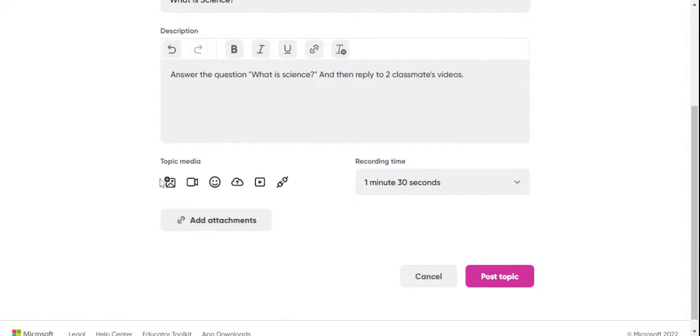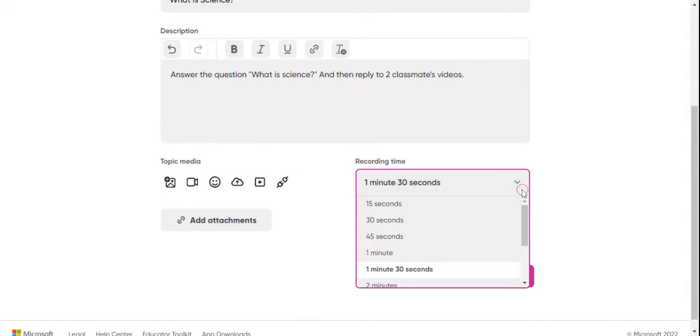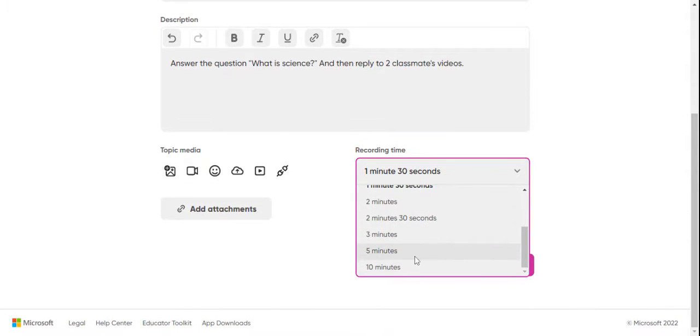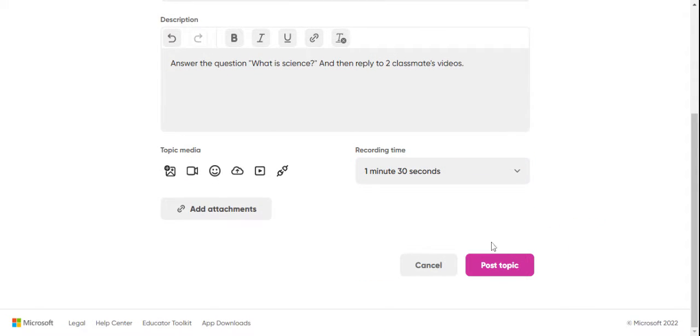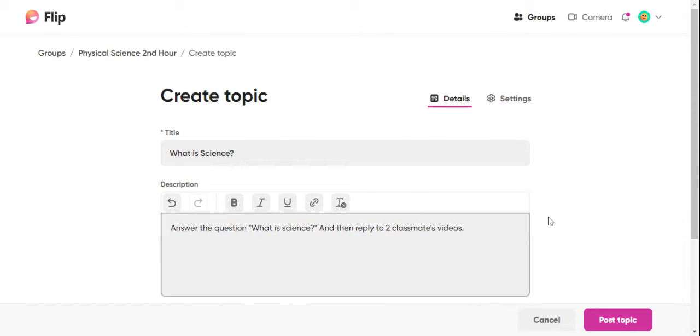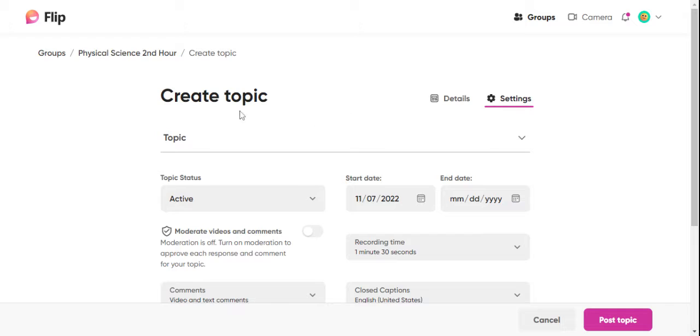Down here, you can add a picture, your own video if you would like, and then there's some stickers and other options. There's also recording time. You can change how much time students are allowed to record their video for. Before we hit post topic, I want to show you a few more options up here in the settings tab. So we're on the details tab up here on the right. If you move over here to the settings tab,